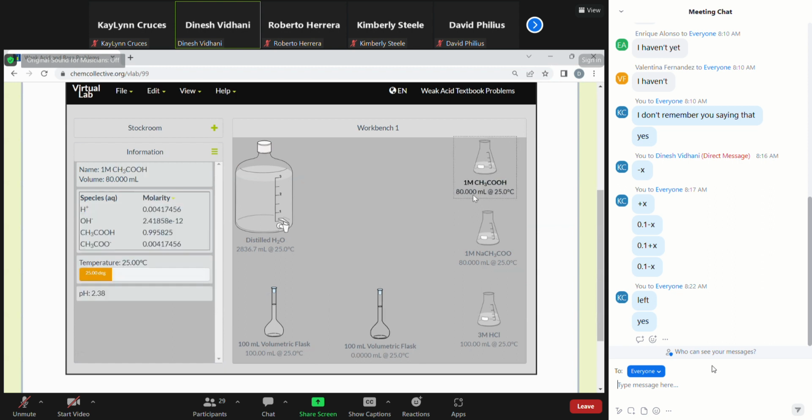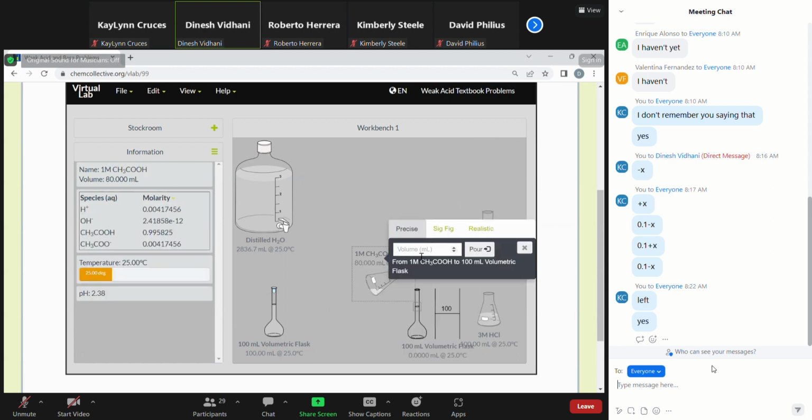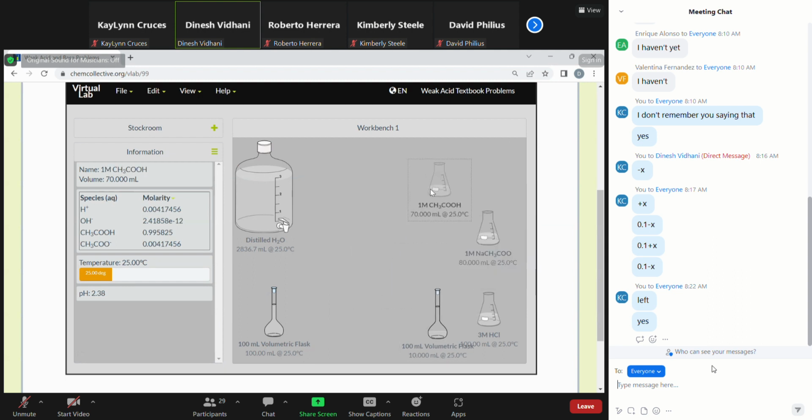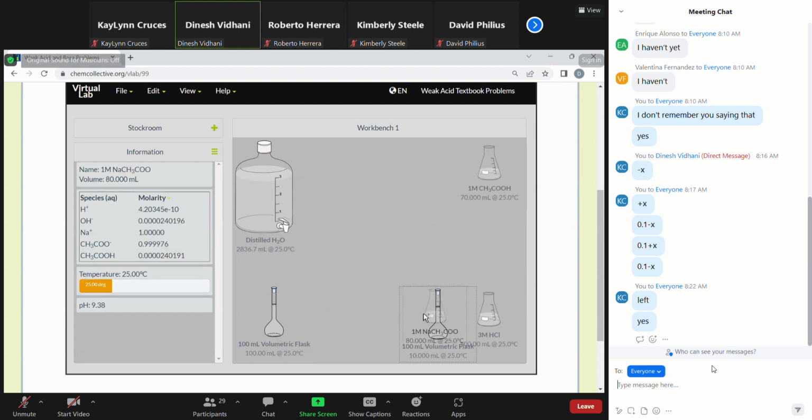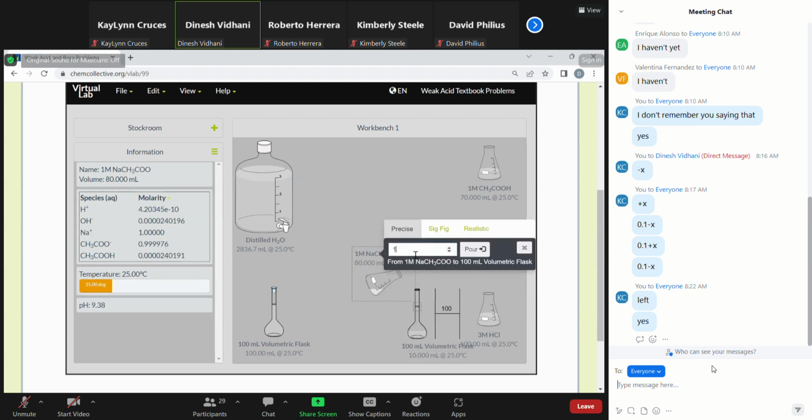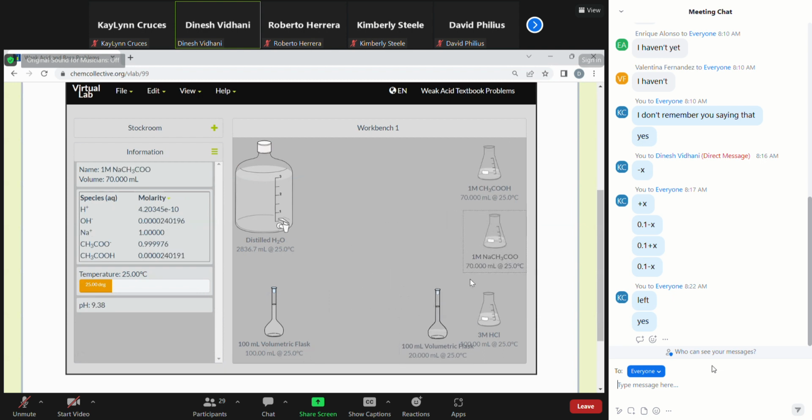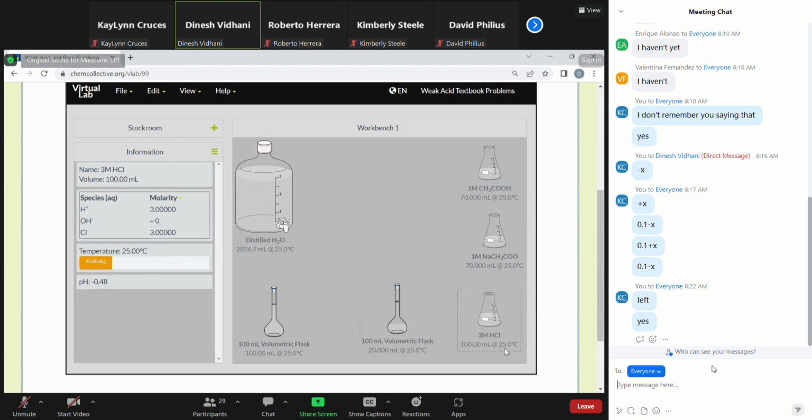Now, again, I'm going to prepare a buffer, putting 10 ml in this acetic acid. I'm going to put 10 ml of acetate ions. Okay, now I need to add 0.07 molar solution so that the HCl solution in this flask is 0.07 before it reacts with the buffer. So what I'm going to do, the same formula,